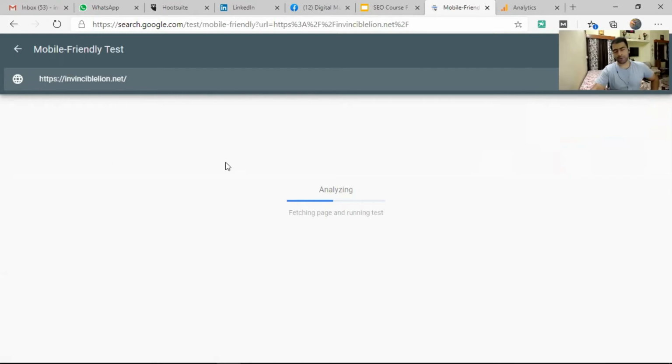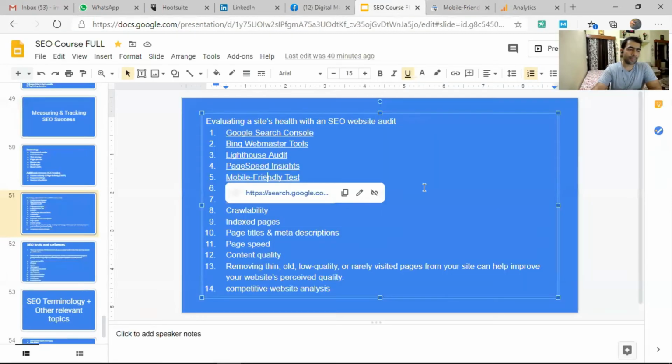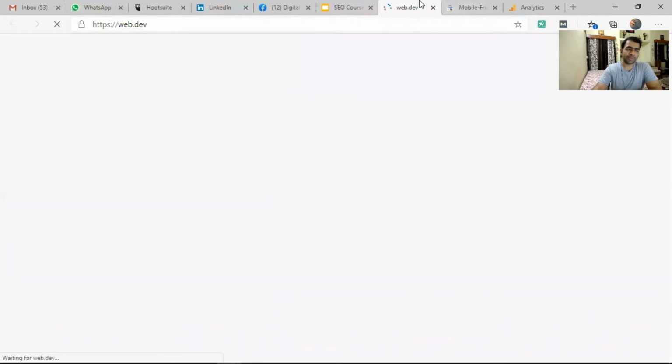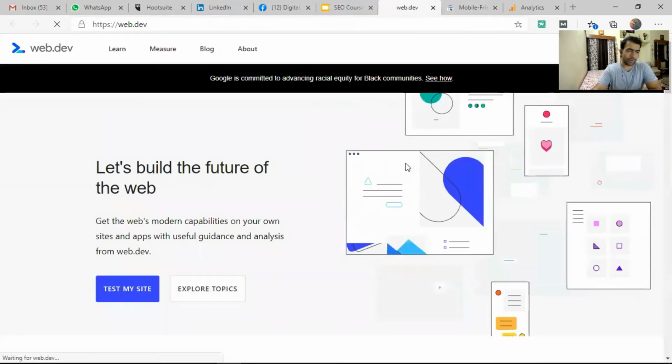So this tool will tell you if your website is mobile friendly or not. Actually, you can directly tell it by seeing your website, but if any suggestions are there, this tool will give it to you. This is a free tool by Google again. So all these tools you will get from Google itself, right? Then web.dev, this is again for developers. If you can improve on anything,